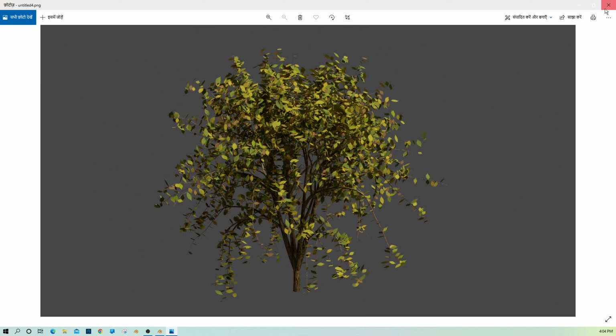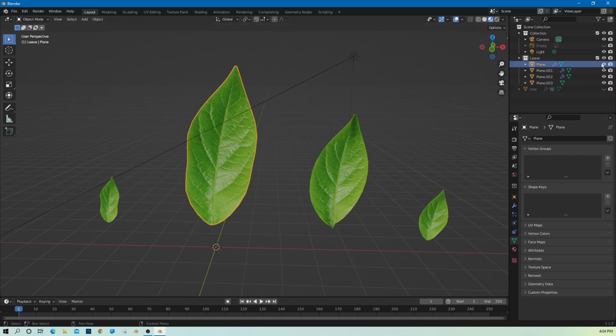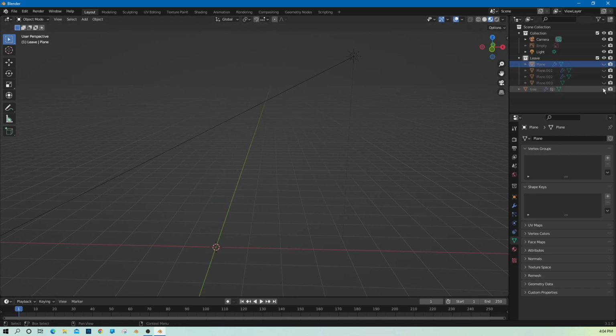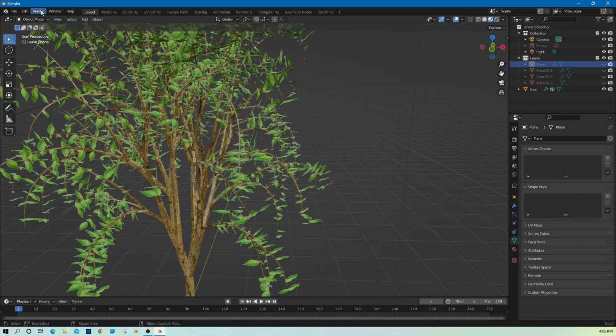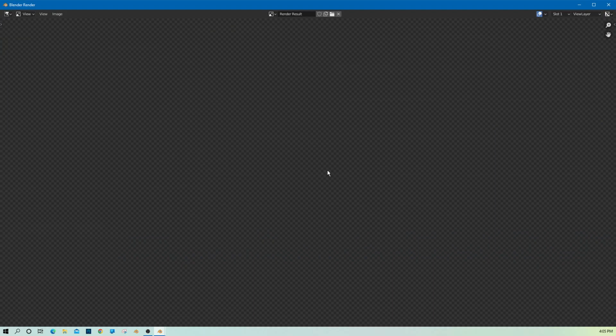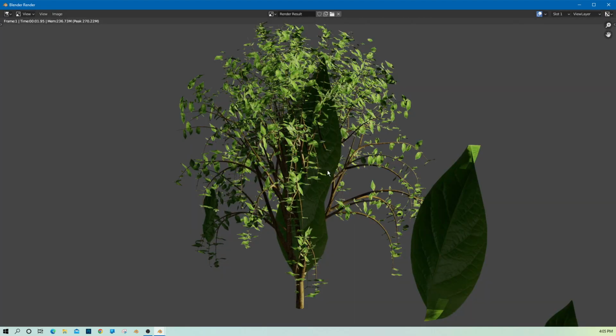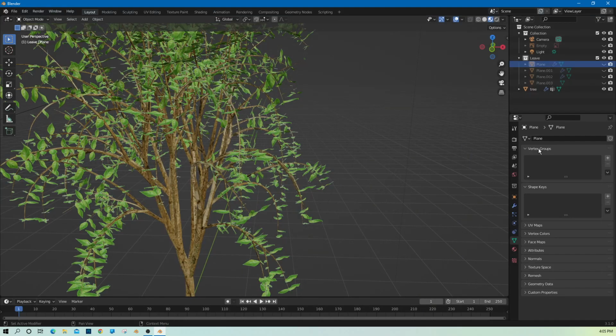So hope this will be okay for you, right? And then after that you can go to render image. I hope you already know. Okay, so you can hide this part as well. To hide, you just have to disable this part. And then if you go to